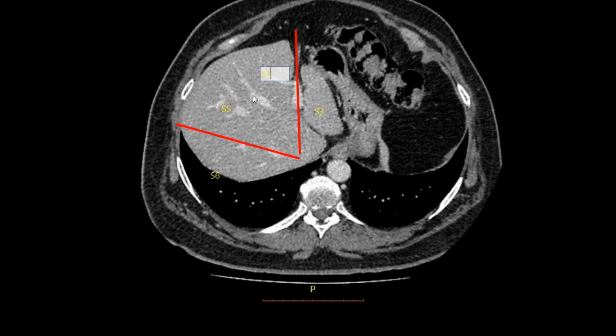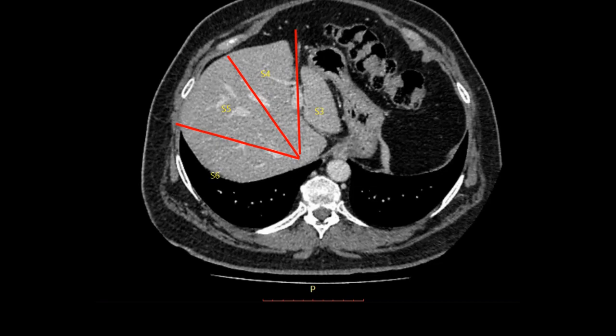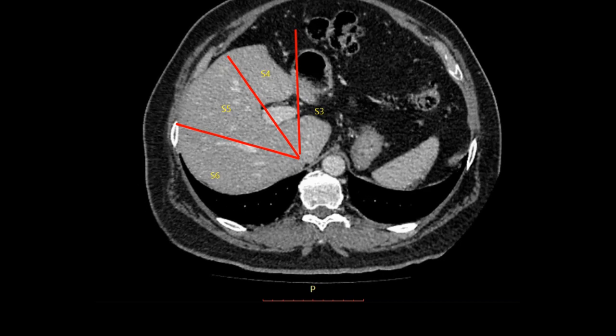Now what differentiates these two is the middle hepatic vein. So again you can mark the middle hepatic vein. This is how your inferior plane is divided. So we divide the liver at 3 planes. The portal plane divides it horizontally in the coronal section into superior and inferior, but the best way to learn liver anatomy is axial sections.